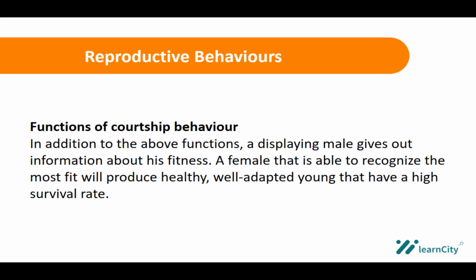It's during this courtship behavior that the female is able to discern the most fit individual, so that they can produce healthy, well-adapted young that have a high survival rate. So the female recognizes the most fit male from the courtship behavior, so that the organisms produced are healthy, well-adapted, and fit to